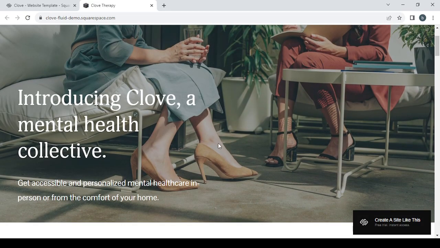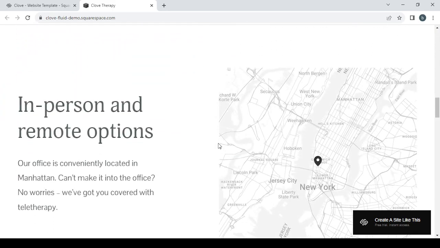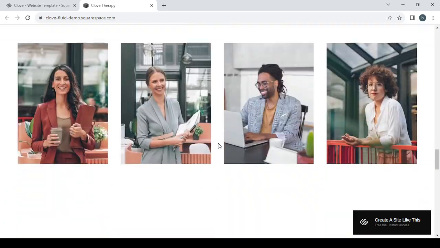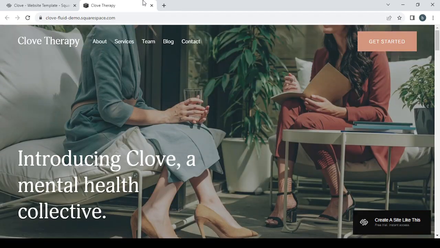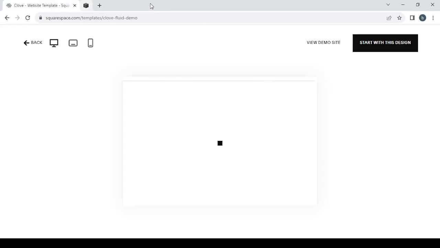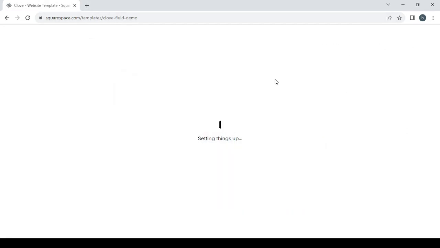Introducing Clove, a mental health collective. So I think this template is going to fit me. So I'm just going to click on start with this design and wait for them to set things up. So basically just wait for a few seconds and everything will be set up for you to start